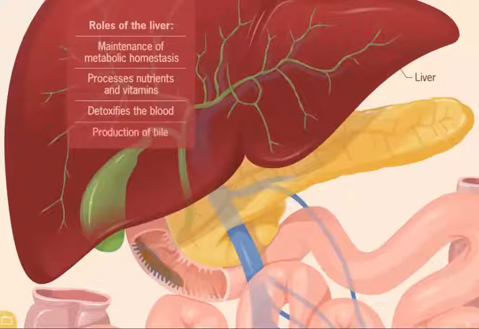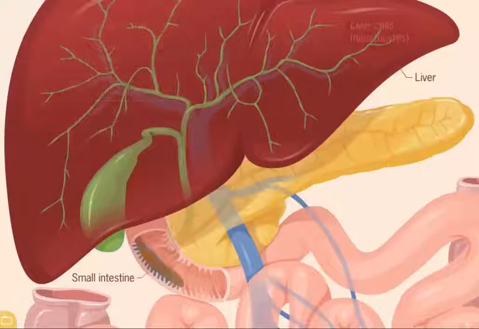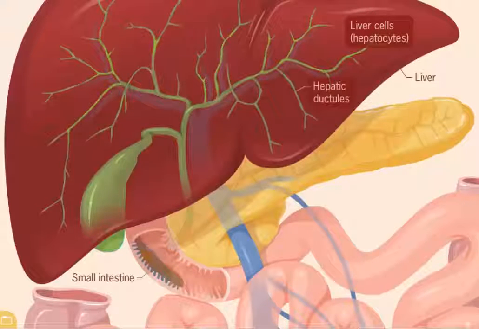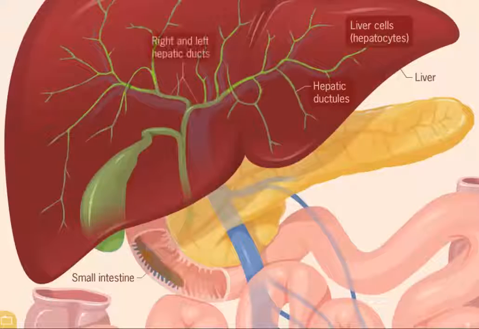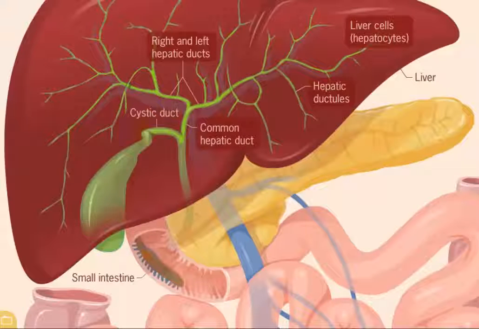Another role of the liver is the production of bile, which is a liquid that contains bile salts and other substances. Bile salts emulsify fat within the small intestine. Liver cells, known as hepatocytes, secrete the constituents of bile into tiny bile canaliculi, which flow into larger hepatic ductules that eventually combine to form the right and left hepatic ducts. Bile then flows into the common hepatic duct and cystic duct, where it enters the gallbladder to be concentrated and